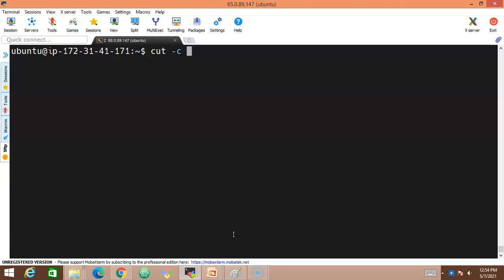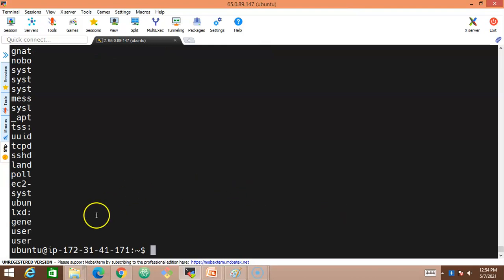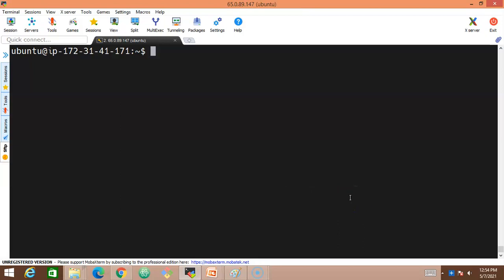Cut -c 1 to 4 characters. It will cut and put it on the screen. And from which file? /etc/passwd, and enter. So look at this: USER, GENE, Geneso, and Ubuntu, UBUN. Only the first 4 characters are going to be cut and displayed on the screen.